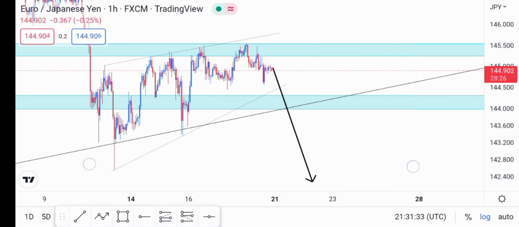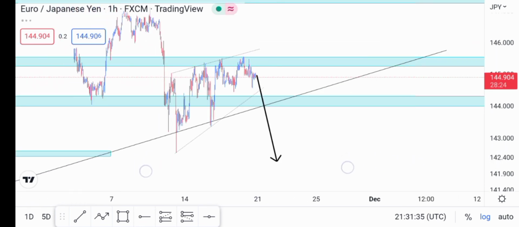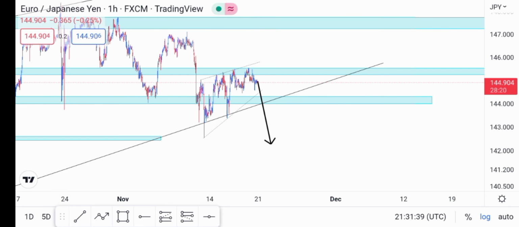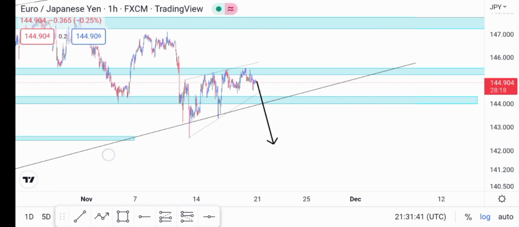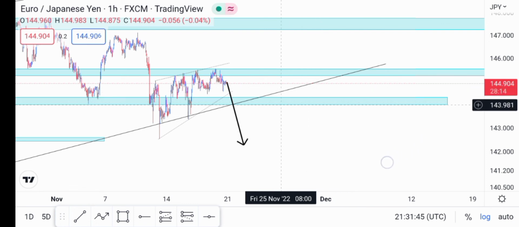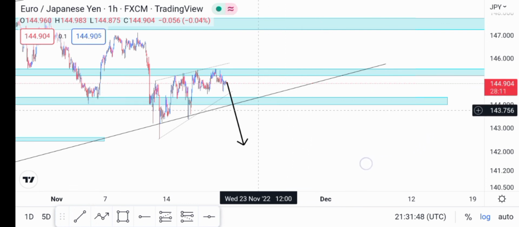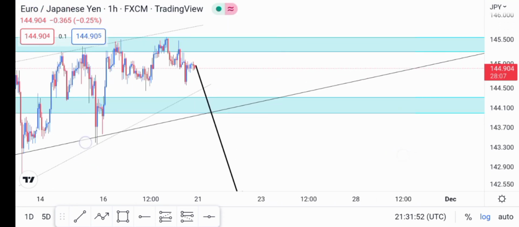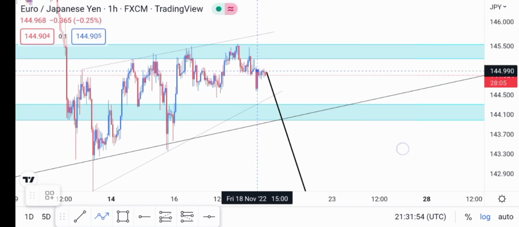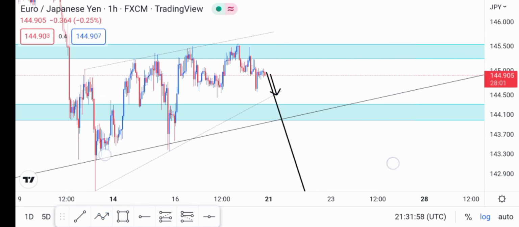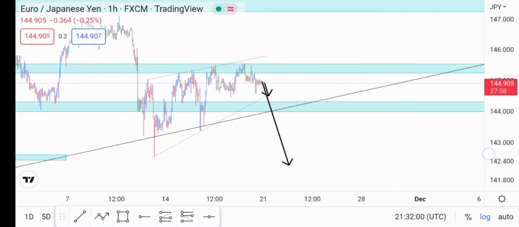But bear in mind that we have a bigger, the same pattern, but on a higher time frame. So the only way we're going to trade this is when we break out of this level right over here on the bigger one. But for now, you can scale in and bank a little bit of profits up until right over here. But all in all, we are going for the sellers on